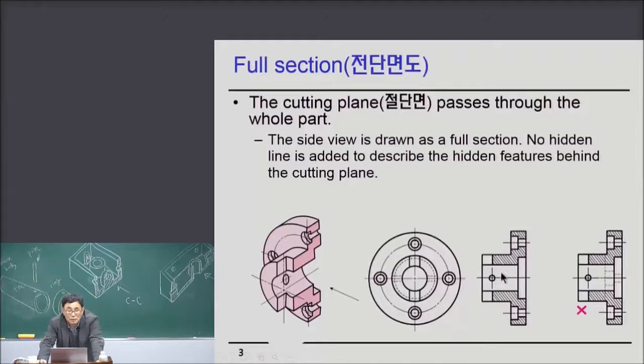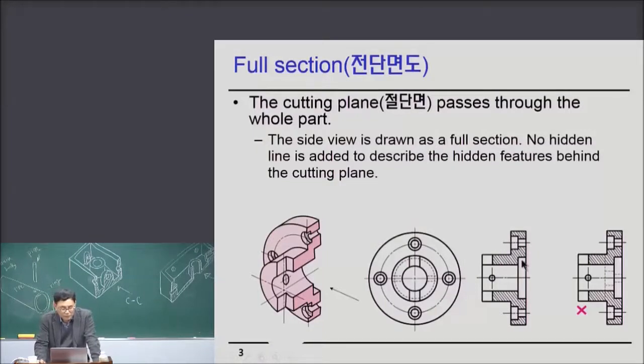Then this is the right side view. The right side view is made from the projection from the right side with this virtual cut part. So now you can eliminate any hidden lines. So this is a nice full section